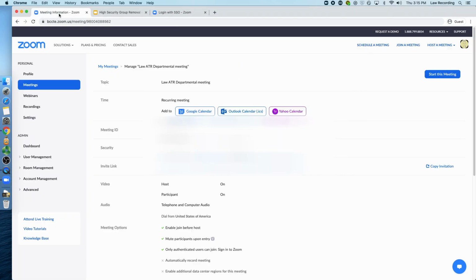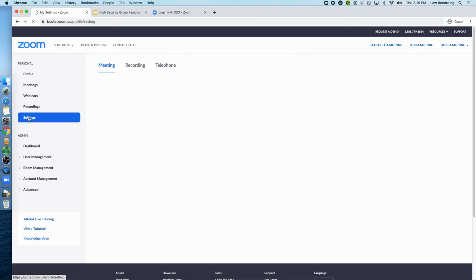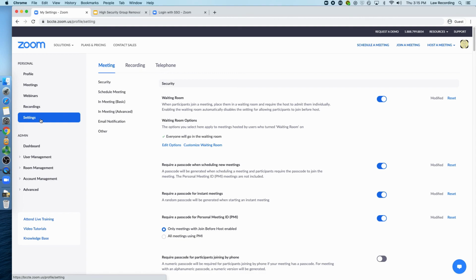So I know that was a lot. Definitely take your time, watch this video, maybe rewatch it if you get confused or you just want to go back for informational purposes. But that's all of my recommendations for how to configure your Zoom settings once you've been taken out of that high security group. And just as a reminder, you have to do this from the web interface. So that's another thing people get confused about, is the fact that Zoom has kind of two places where they keep different settings. On the web is where they keep those options for changing how the waiting room works,